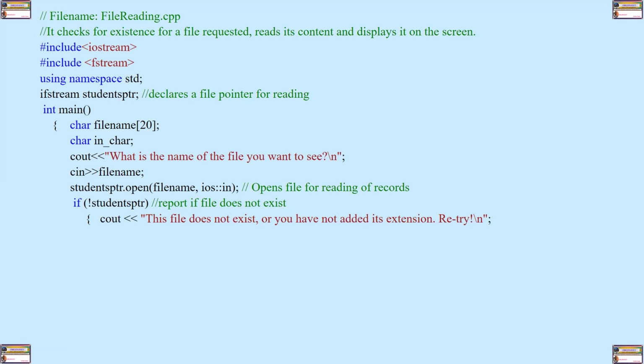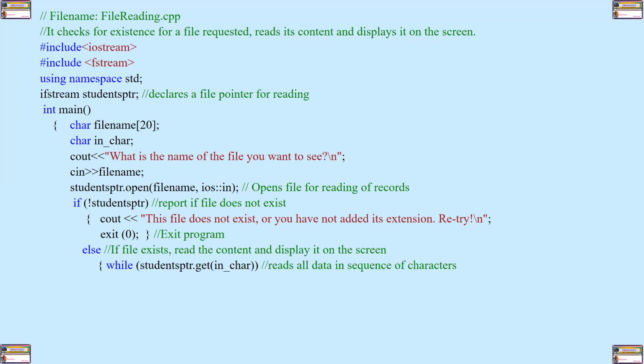If not, display the message: the file does not exist, or you have not added its extension. Retry. Then exit the program. Otherwise, if the file exists, read the content and display it on the screen. So how will reading take place? While students pointer dot get, get is a function for reading from a file, read every character inside the file